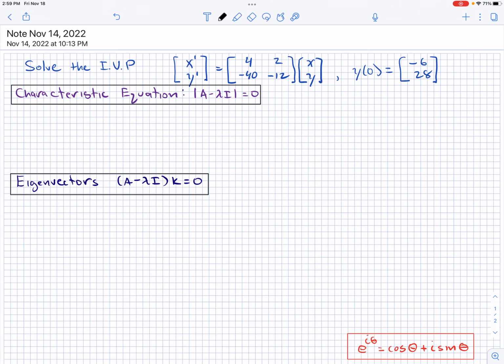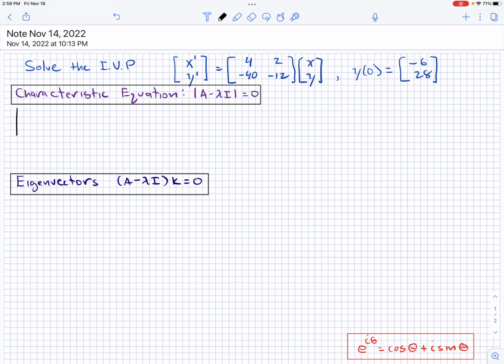Okay, so in this example, we are given an initial value problem with differential equations, and we want to solve it. So we will start with the characteristic equation, solving the determinant of A minus lambda I being equal to 0. And doing that,